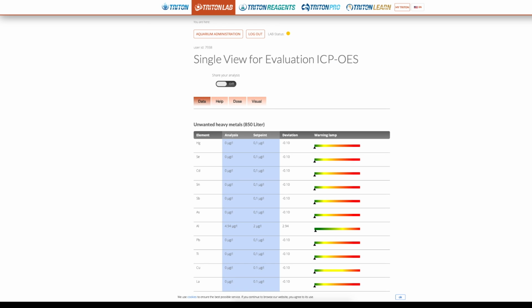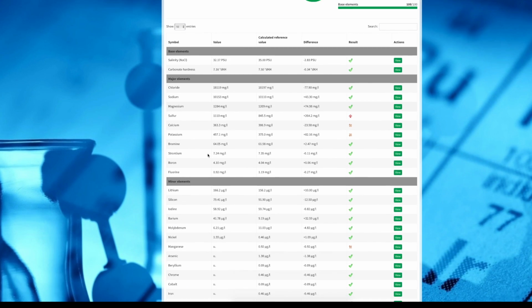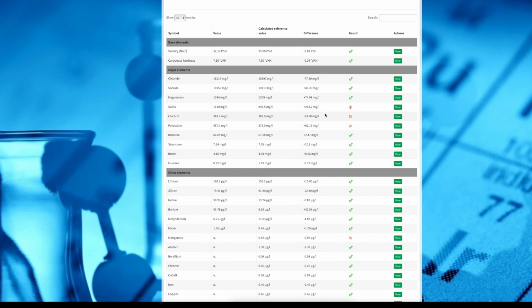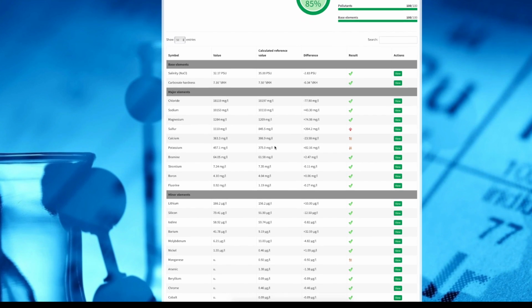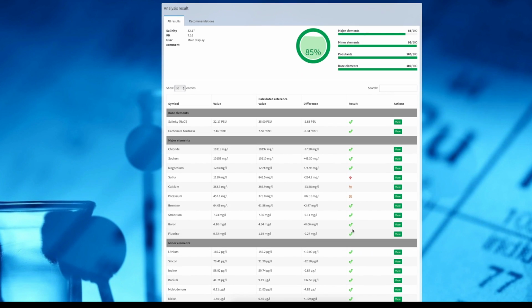ATI, pretty similar format, if anything maybe a little bit more basic, but I mean, it still tells you the results, that's the important thing. Giving you the tick and the down arrow, up arrow. This one is saying that it's significantly high. And then Quantum,